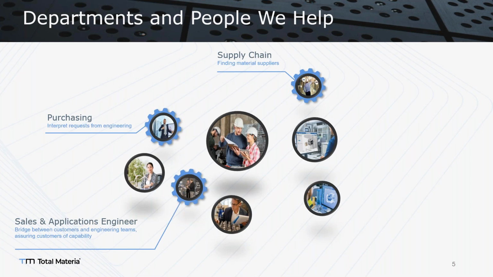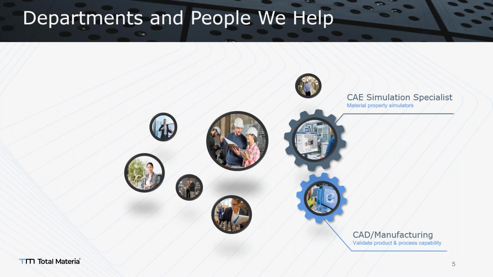In the supply chain, you always have alternative materials, equivalent materials, and a lot of different supplier or producer information that can give you a lot of ability to find and search material for purchasing. And sales and application engineers have to know a lot of technical details about their materials and their products, right? So this is also a very important use case scenario for different engineering departments.